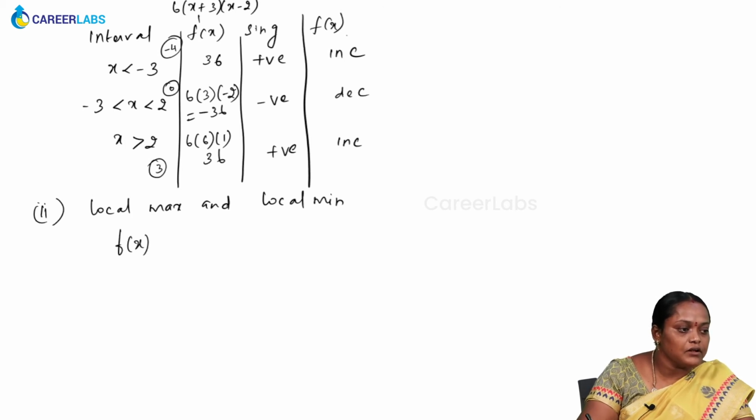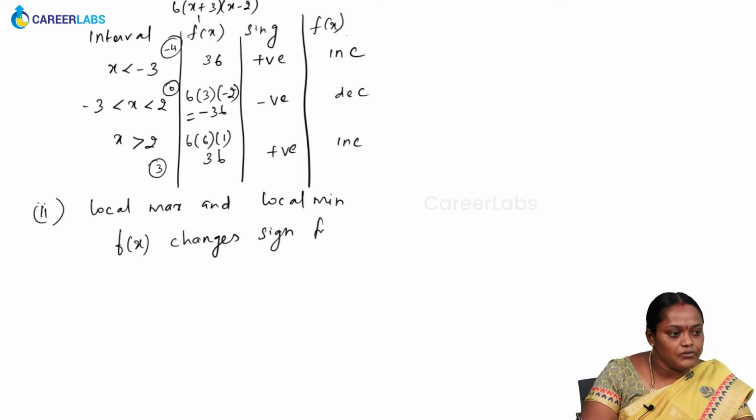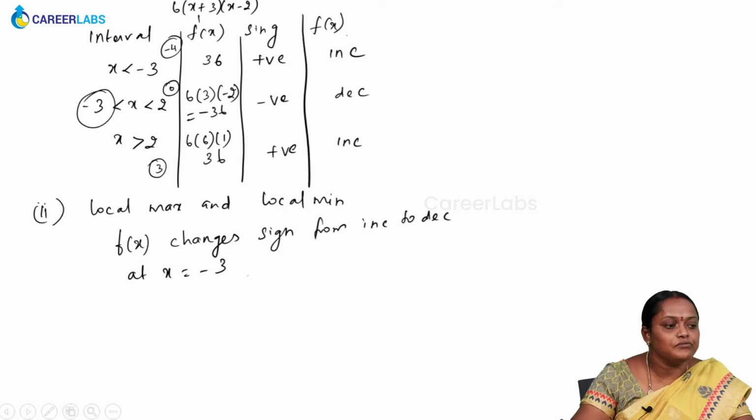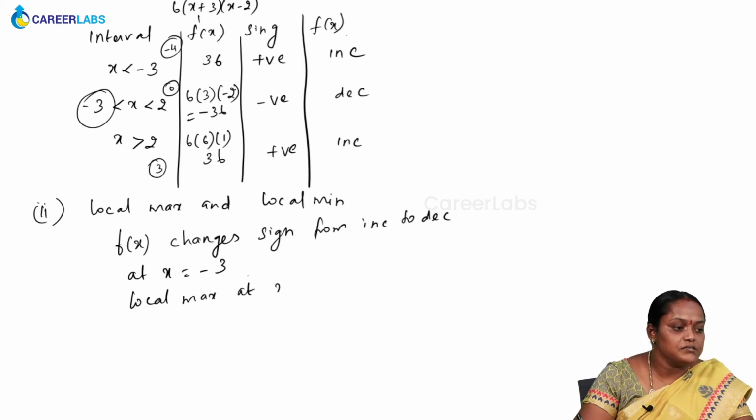Okay. So here we can see that f dash of x changes sign from increasing to decreasing at the point x is equal to minus 3. Since the curve changes from increasing to decreasing at x is equal to minus 3, we say that a local maximum exists at x is equal to minus 3. Therefore, the local maximum value is